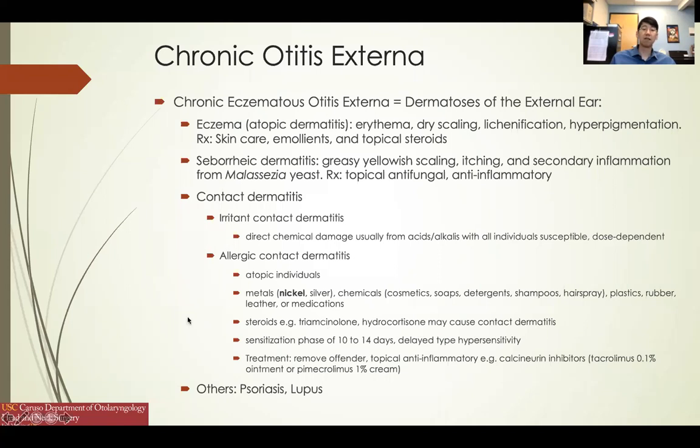So you really have to think about, well, if this patient is just not doing well despite everything you tried, maybe try taking away certain medications. And this contact dermatitis is a delayed type 4 hypersensitivity, which requires a sensitization phase of about 2 weeks. So treatment is to get rid of the offending agent, use topical steroids, topical anti-inflammatories. You can even get fancy with calcineurin inhibitors like tacrolimus, which is also called Prograf, or pimecrolimus. And psoriasis and lupus can also present with chronic otitis externa. You would treat the same way